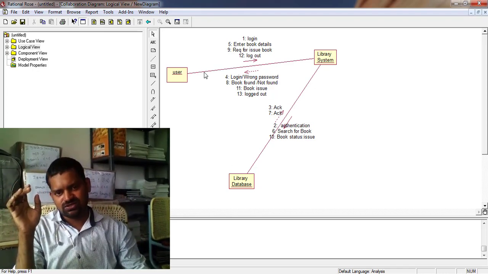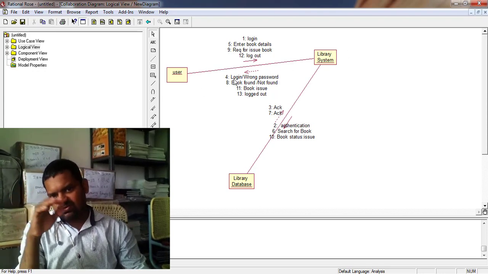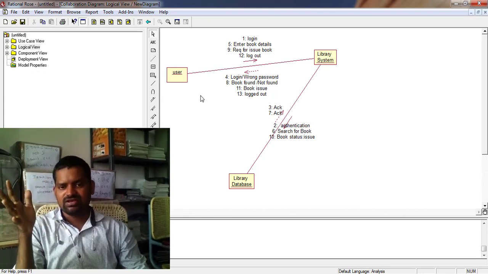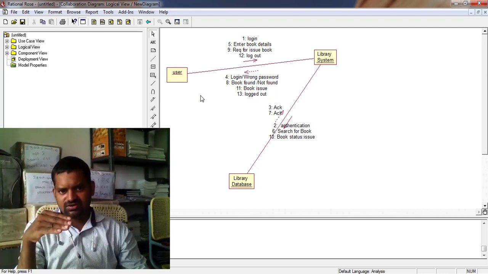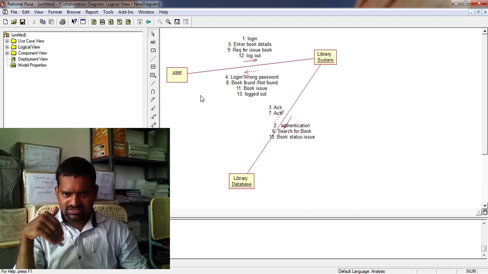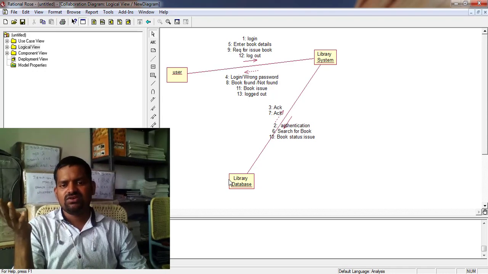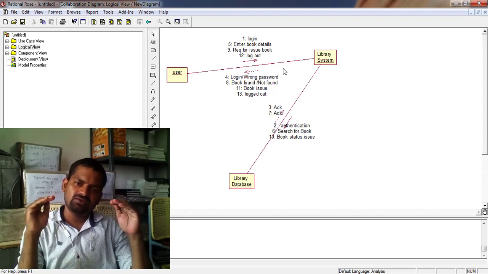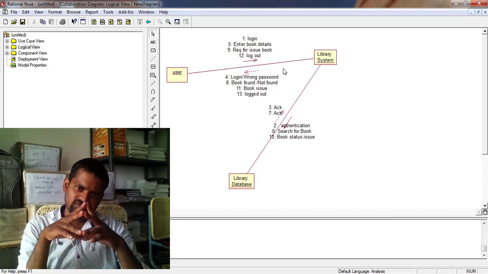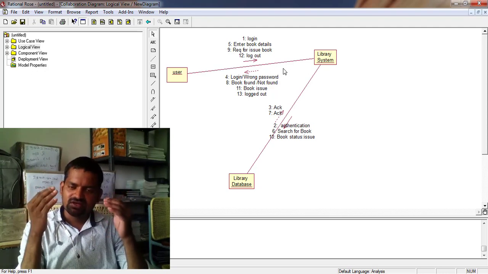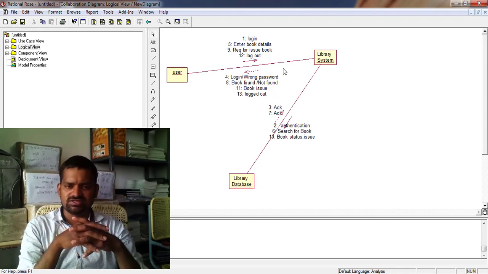After we show this structure, we see what is going on from user to library, from library to user, what the request from library system to library database is, and what the acknowledgement from library database to library system is. While seeing this collaboration diagram, we automatically know what is going on in the system, whereas the sequence diagram tells us the time ordering representation of a particular system.